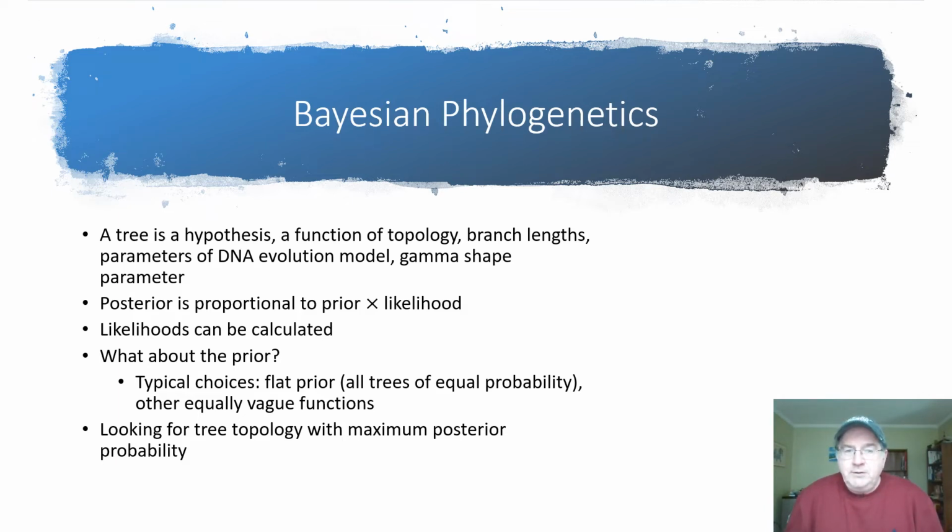That's often what people do in terms of phylogenetic analysis. That is, they posit what's called a flat prior. So they're basically saying that all trees, at this initial stage of total ignorance, are equally probable. And well, there are other functions you can use to express priors, such as, once you get down into the gory details of, for example, the parameters of DNA evolution, you could